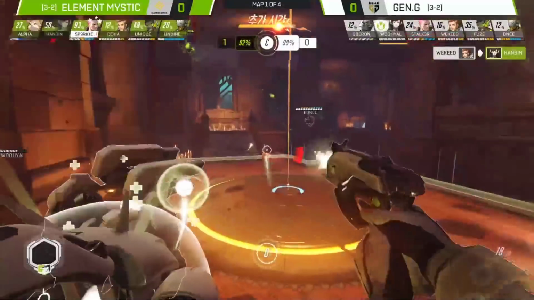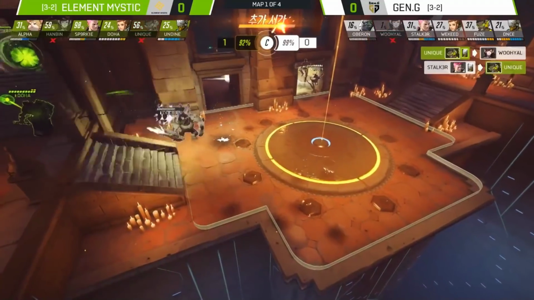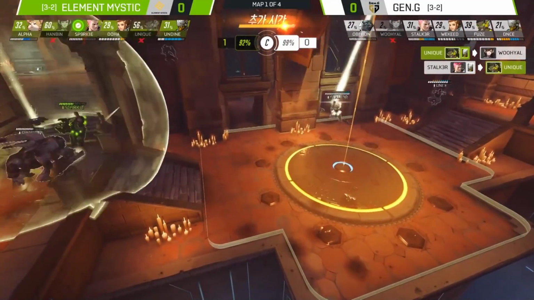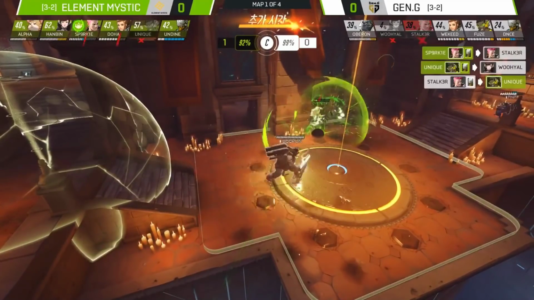Huyal still got the self-destruct. Gen.G are going to plant themselves on the point. The rest of Element Mystic have to scatter. OT has to be forced out. The Brigitte manages to get an extra touch on the point to make sure the OT timer does tick back